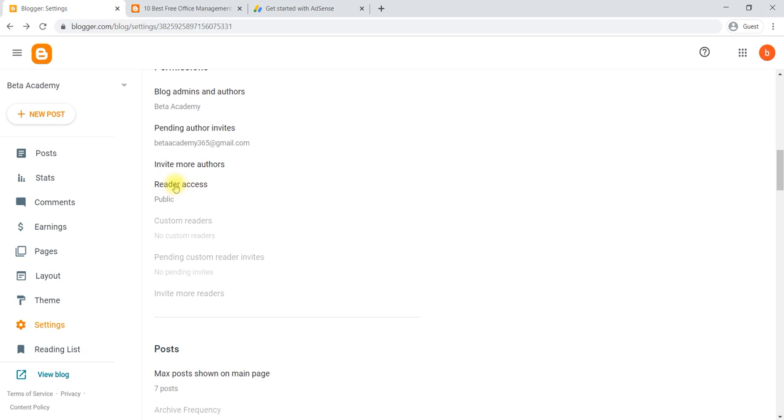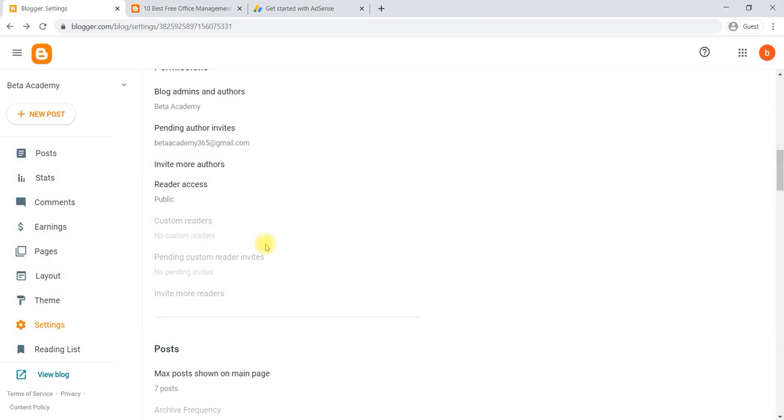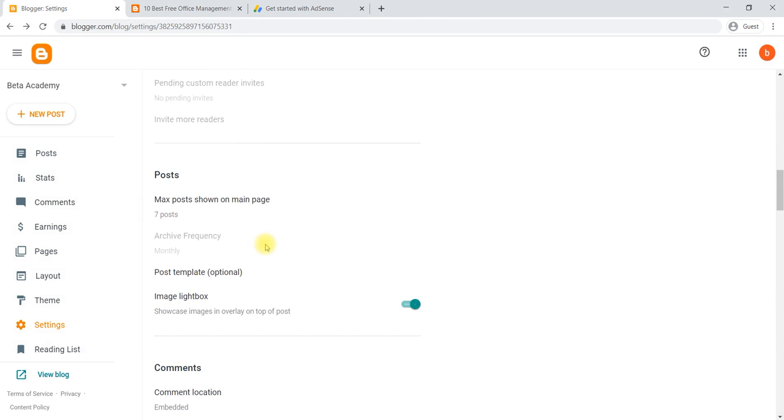Then it comes to reader access, whether you would like to give only private access, or public access. That reader access you can set. And then it comes to posts, how many posts are to be shown on the main page.